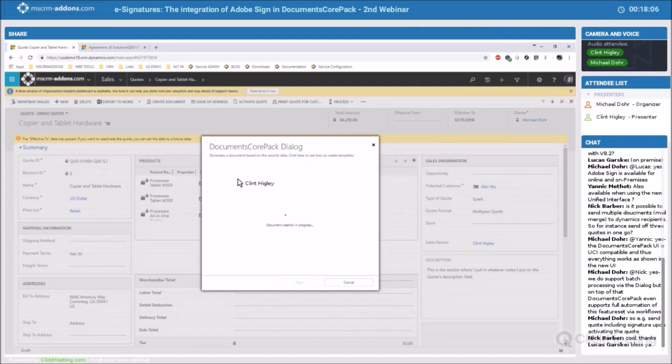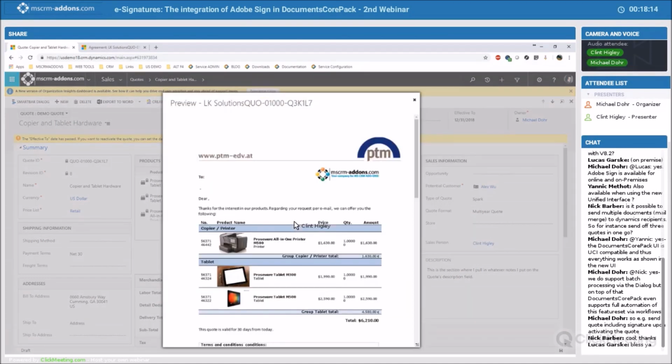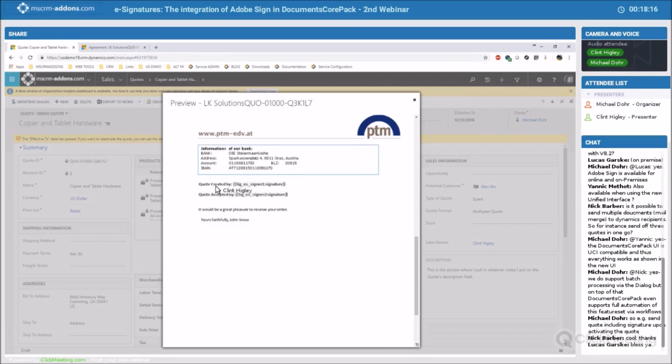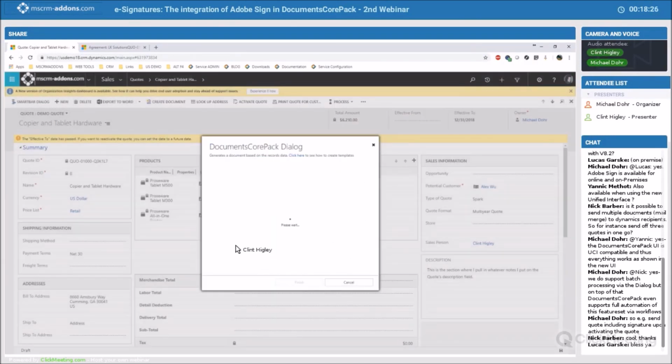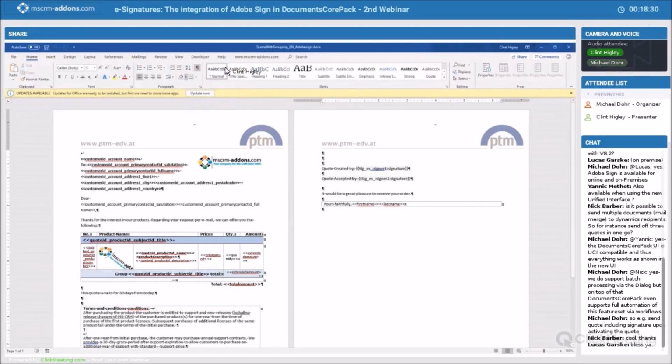Okay, again, this is the document creation process. It's creating all this information for us. And again, here I preview my document. This time around, you're going to see something a little bit different. I've got these 2 Adobe e-signature fields embedded in here. So while I go ahead and click finish, and this is going on, let me open up that template